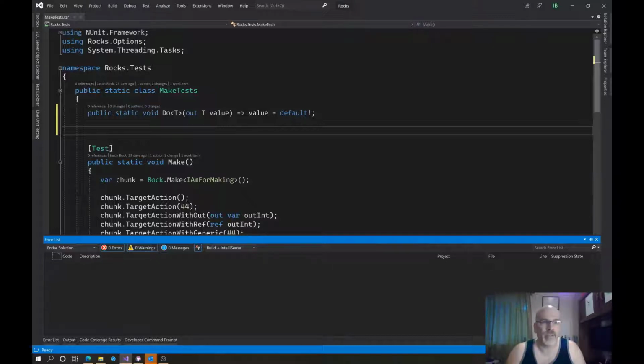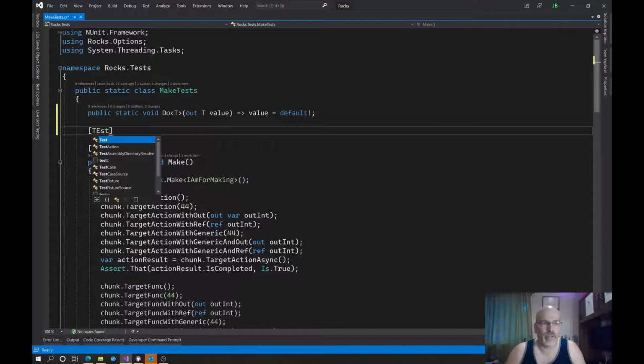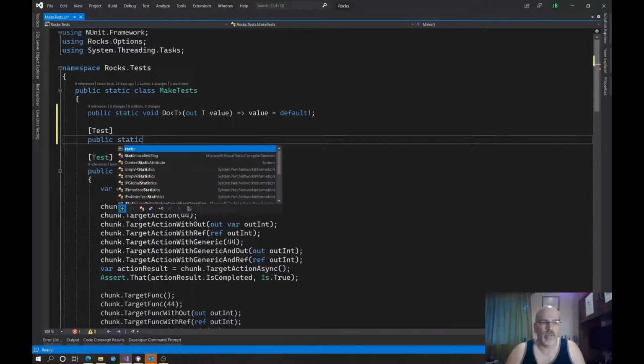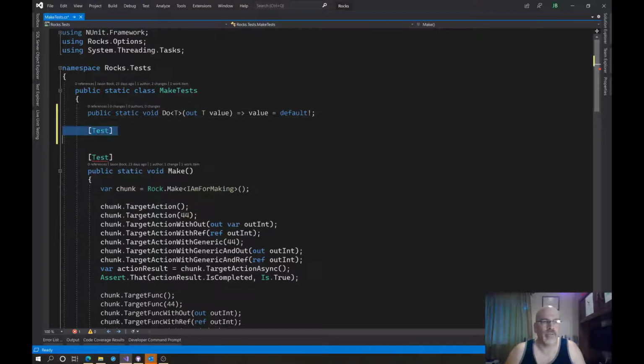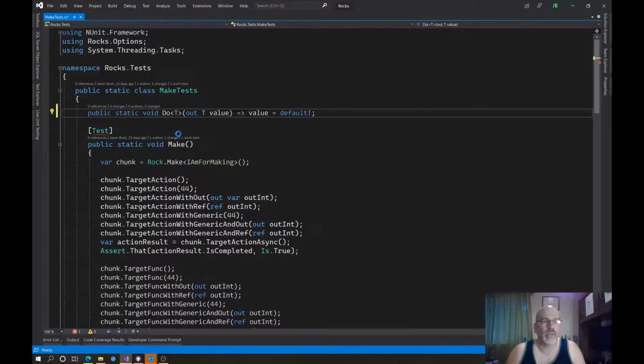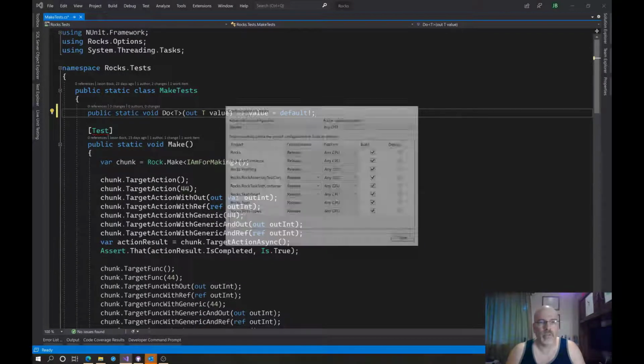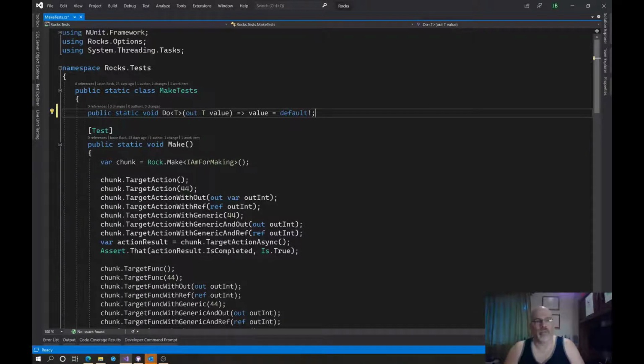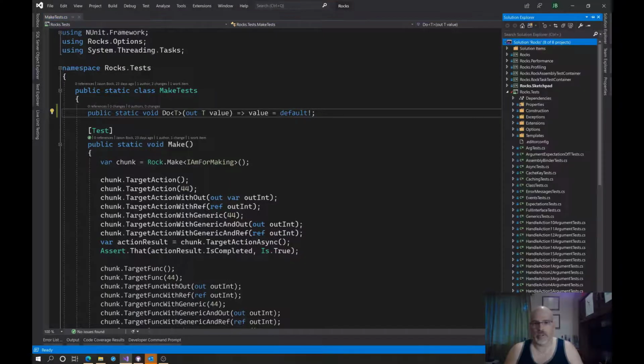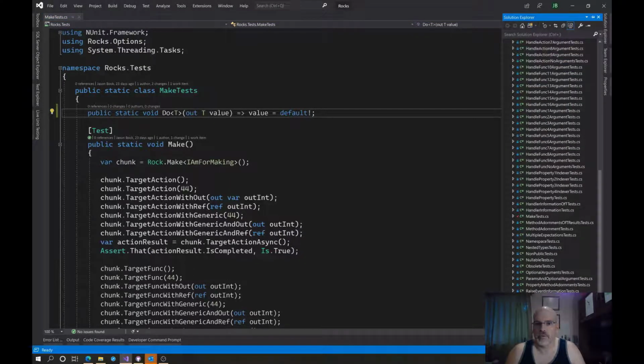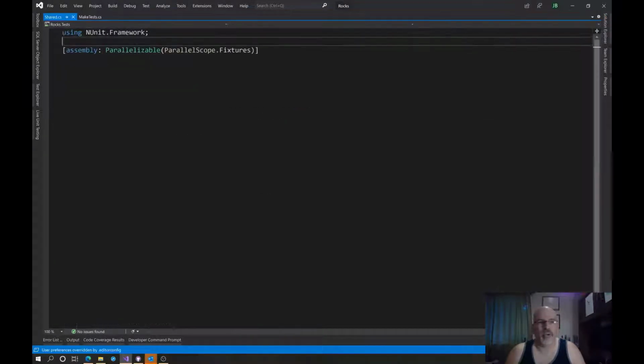Okay, let's come back here. Let's put in a test, and we'll say public. Actually, before we do this, let's just make sure that we're in release mode. Yes, we are, and all tests passed. I'm just going to run all the tests first. This shouldn't be a problem, but I've got to make sure all the tests pass first. And there's another thing I'm going to put in. I don't know how long this is going to take me to figure out, but there is another issue that I currently have. If I go here and I show you shared, it's not a problem, but